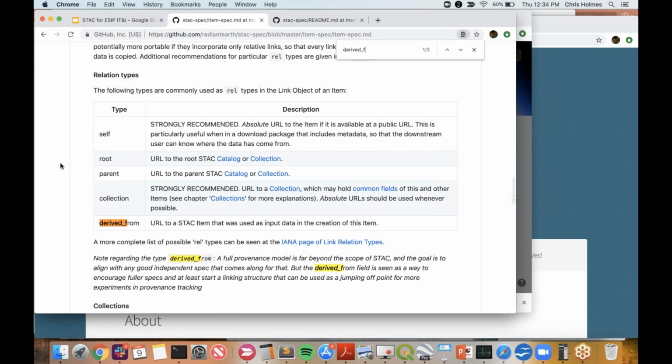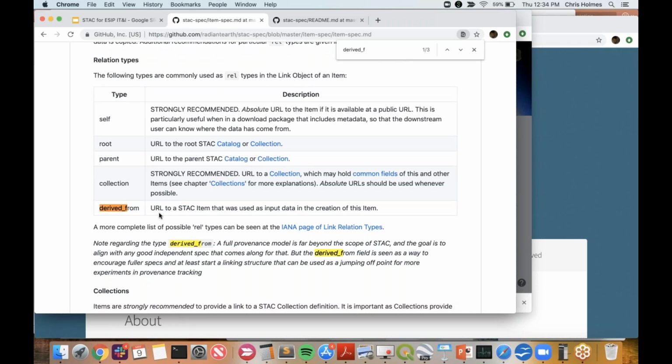So we basically have assets linked, and then we have links, which is kind of embrace the web and describe your relationship with the other thing. What's the parent catalog? What's the collection? But we added this very simple derived from, so you could kind of track, hey, this piece of STAC came from this. Landsat data is on a few different clouds, so be able to say it came from there, or I ran a process, a pan sharpening or an NDVI,